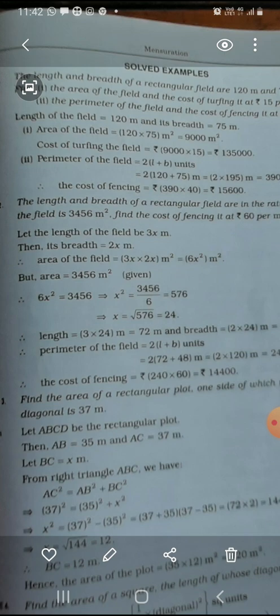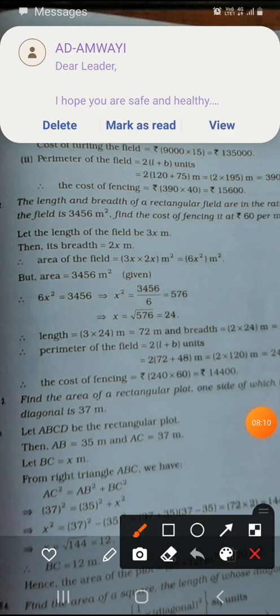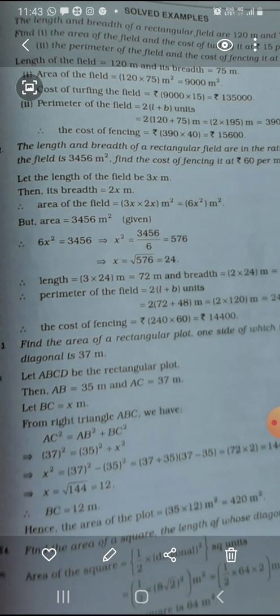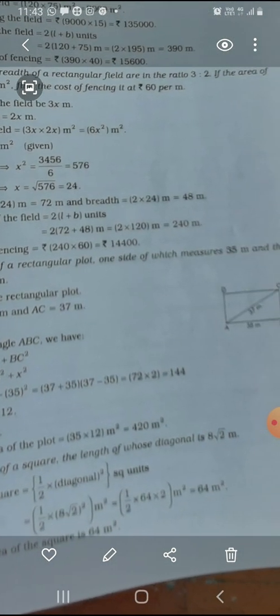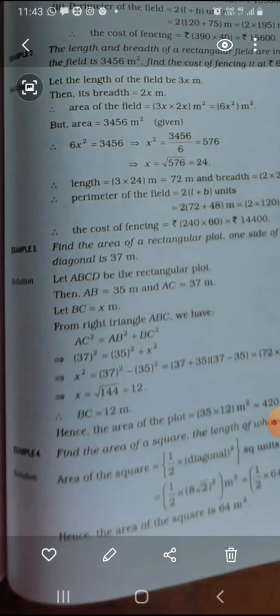But the area is given as 3456 meter square. We equate both the terms: 6x square is equal to 3456. So we can write down 6x square is equal to 3456. Okay, next question. Find the area of a rectangular plot, one side of which measures 35 meter and the